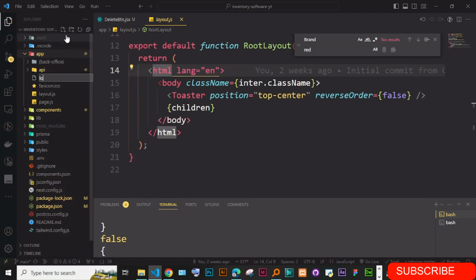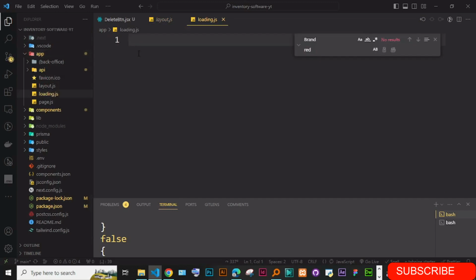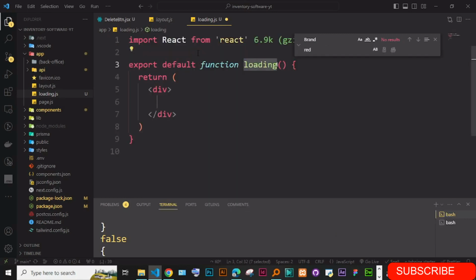So just create loading.js, and in this loading.js just say RFC, and it should specifically be called that name. Don't change the name to something else. Loading, and here I'm just going to say,